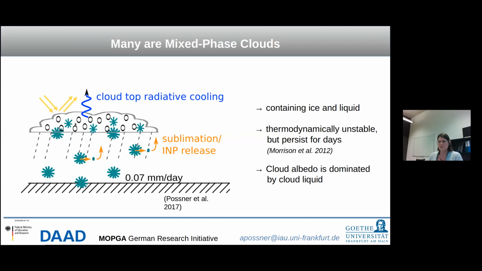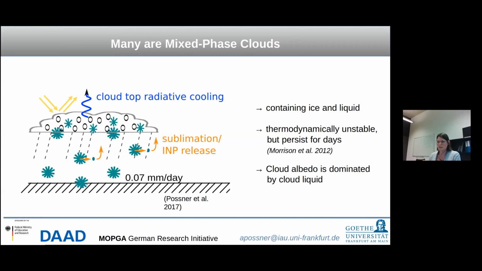Even though these clouds form ice, the ice crystals nucleate somewhere near the cloud top and then grow as they sediment down out of the cloud. They have a very weak interaction with the shortwave radiation, because for the same amount of water, they tend to be considerably larger, and there are very few of them. So they don't generate a lot of surface to scatter sunlight and reflect it back out to space.